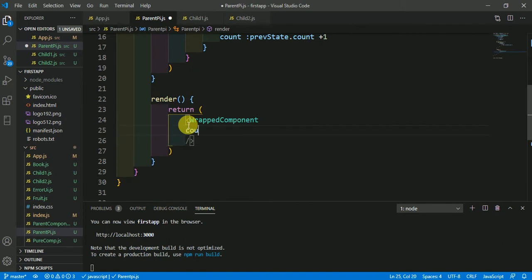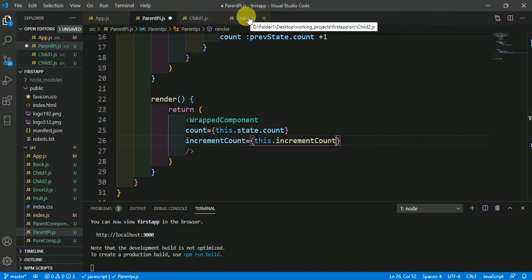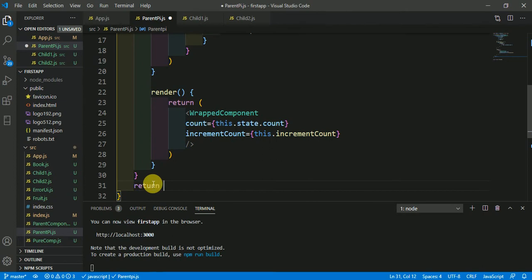In this wrapped component just type here count, which is this.state.count, because we are going to export these two which we are making here. incrementCount is equal to this.incrementCount, and we are going to use this function incrementCount and this state count in child1.js and child2.js, and we could use these two in any type of child or any file or any component or any multiple components according to our use. So here just return here parent.pi,